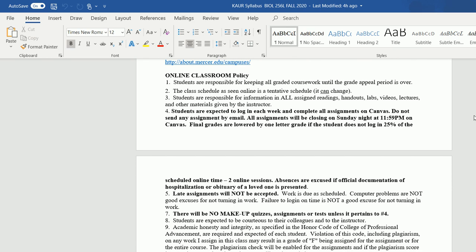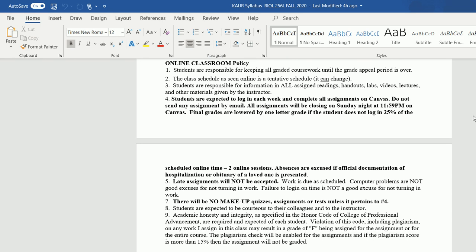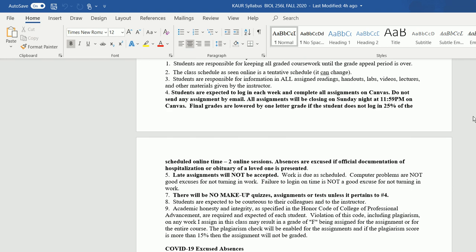So make sure you are taking precautions when you are actually performing the hands-on experiments using this kit at your home. All the quizzes, all the assignments will be created on Mercer Canvas and they will be closing every Sunday night. So I will give you 1 week to do these assignments, but these assignments are going to close on Sunday night at 11:59 p.m. And please, there is no extension on the deadlines, so do not send me emails for extensions.